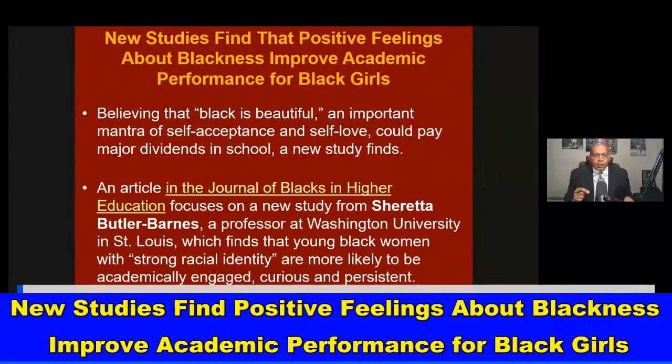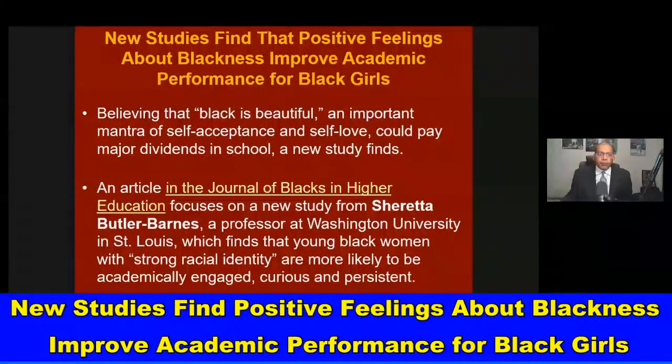An article in the Journal of Blacks in Higher Education focuses on a new study from Sharita Butler Barnes, a professor at Washington University in St. Louis, which finds that young Black women with strong racial identity are more likely to be academically engaged, curious, and